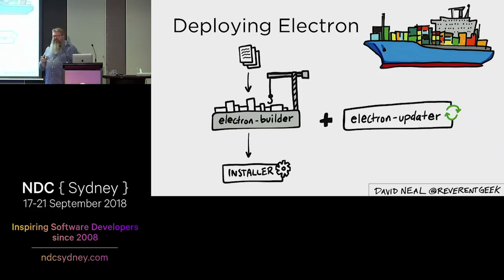And if you combine that with Electron Updater, which is a kind of a nice wrapper around the updates and silent deployment capabilities that's built into Electron, that gives you a great way of hosting a server or an endpoint, or you can point it at a GitHub repository. There's a number of options that you can point Electron Updater to say, here's where to go and check for updated versions of the application. And if it finds one, it goes ahead and downloads it and gives you a notification that a new version